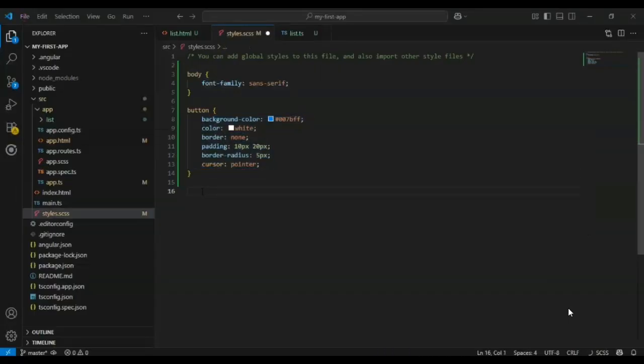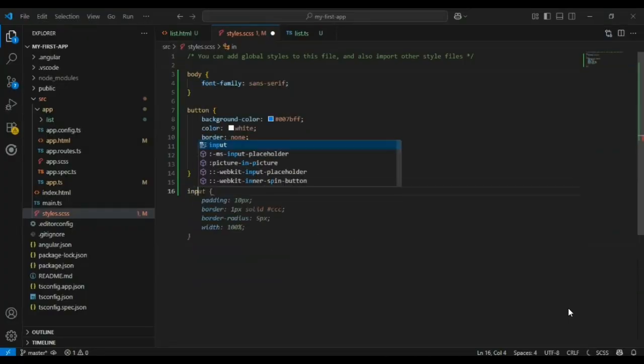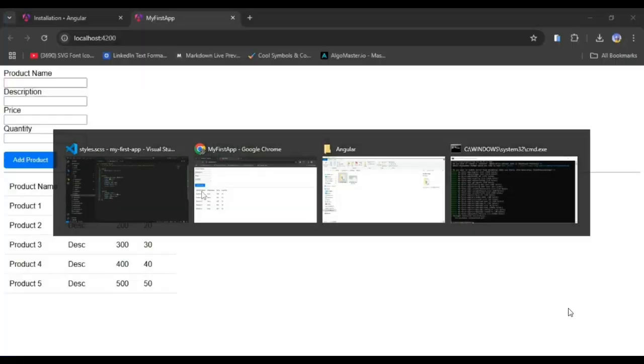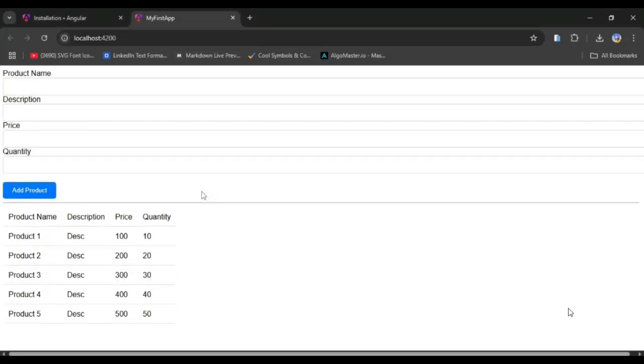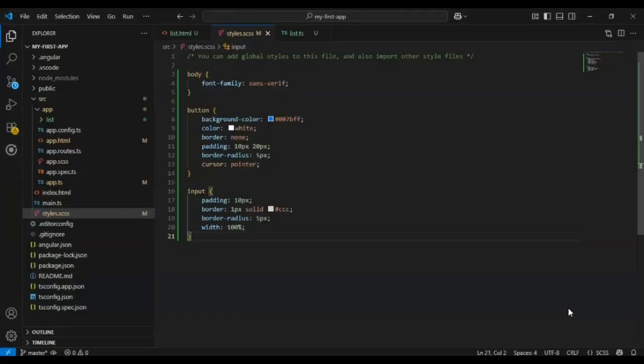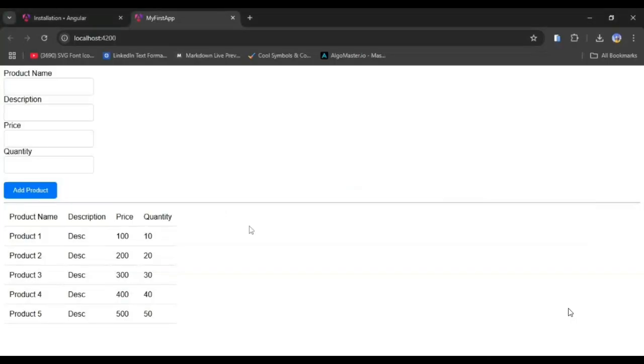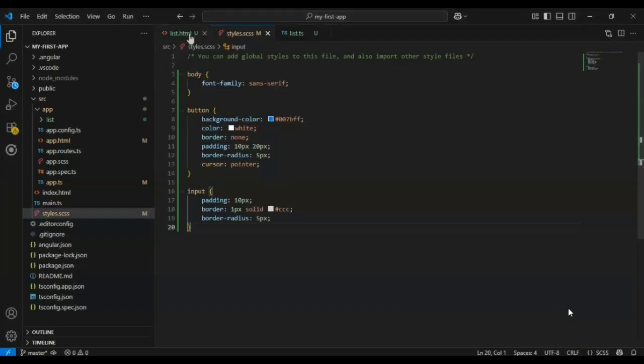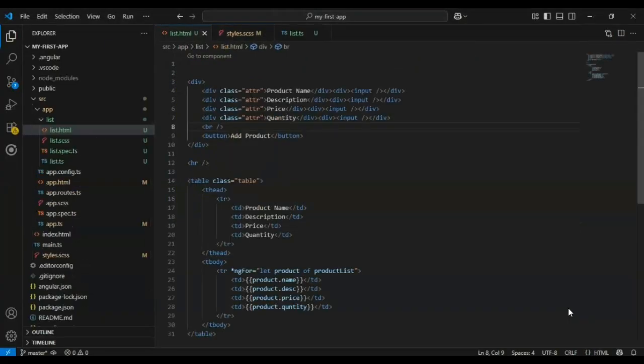Similarly, let's do it for text box input. Let's see what happens. See, this is nice, right? And let me remove this width, I don't need this much big. Okay, so product name, description, price, quantity. Let's go to this and